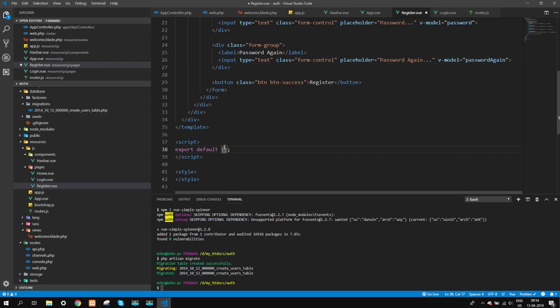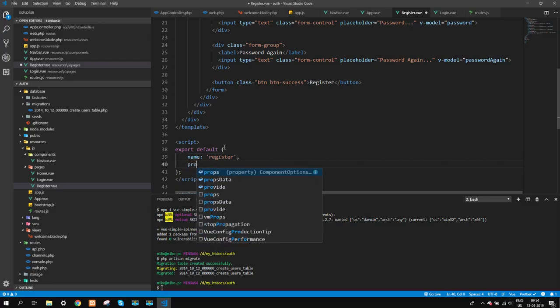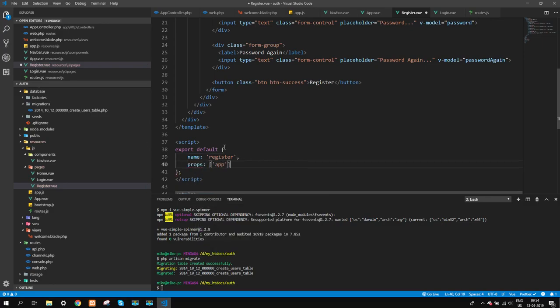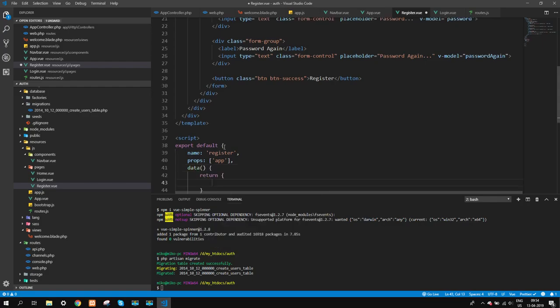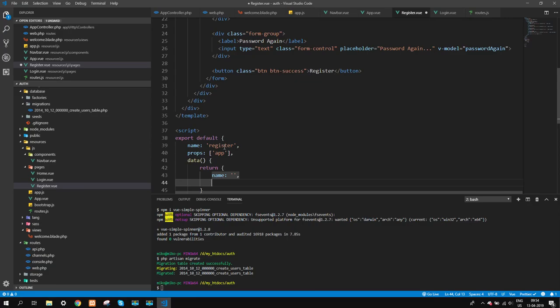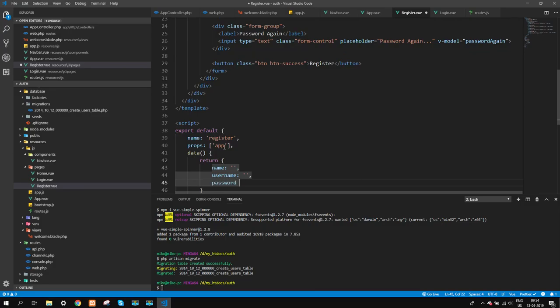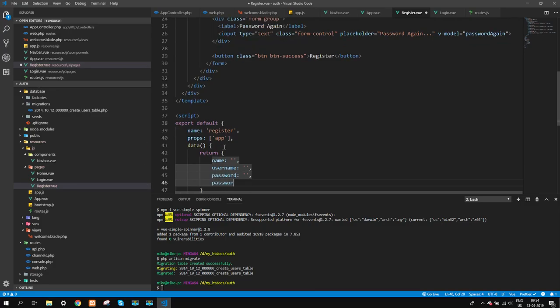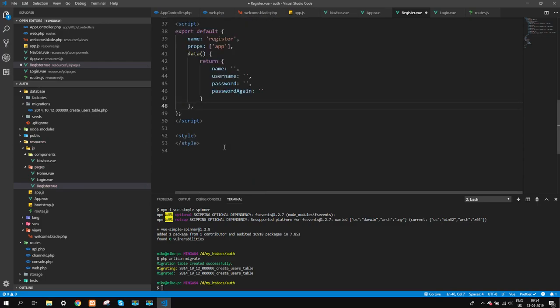Here we go. Now what we need to do is create our JavaScript. So register, props app, data: name, username, password, password again, like so. And here we'll need methods, on submit, and we also need errors,